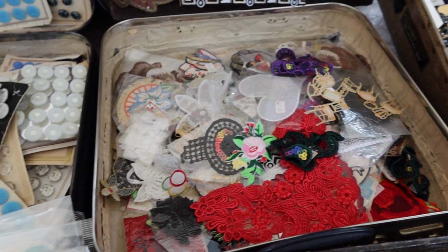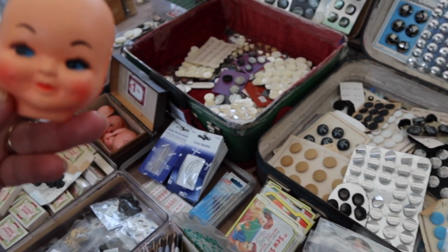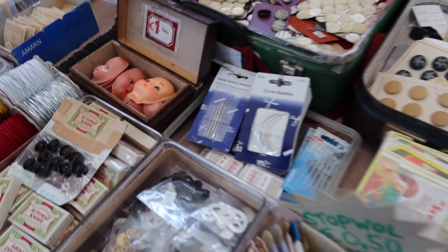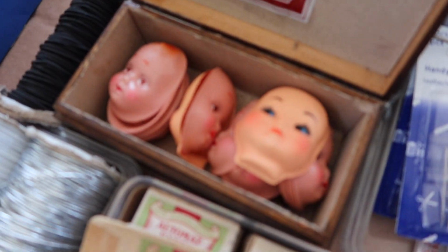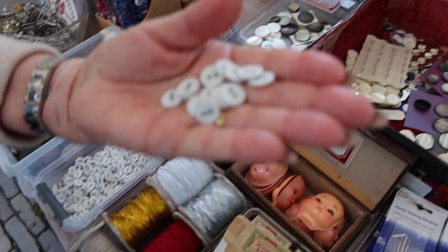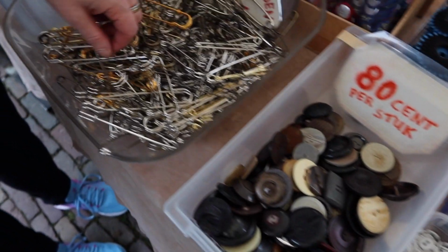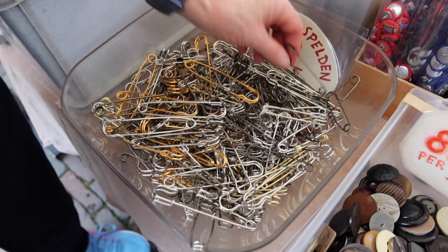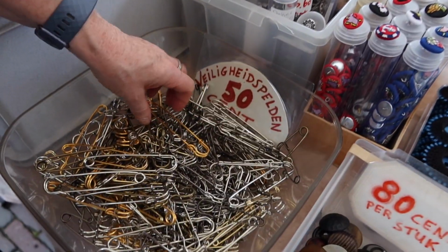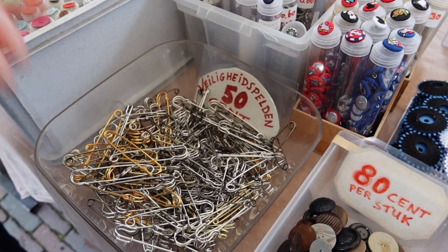I could have got some genuine vintage buttons here. Oh my gosh, that's just chilling. There's a whole box of faces. Liberty Bodies buttons, are they? Oh wow, a whole box of them. Oh, I love a big kilt pin. Big kilt pins. Oh look, kilt pins that you could hang things from. Oh, they're cute. 50 cents for Maddie to hang beads and...